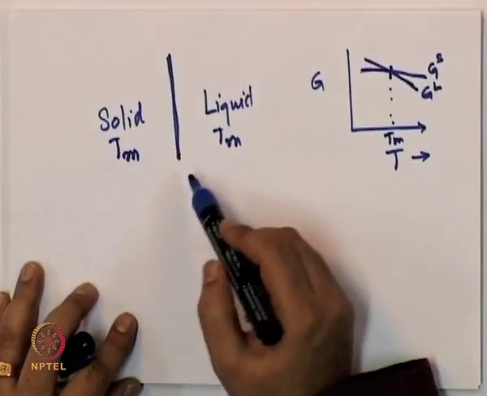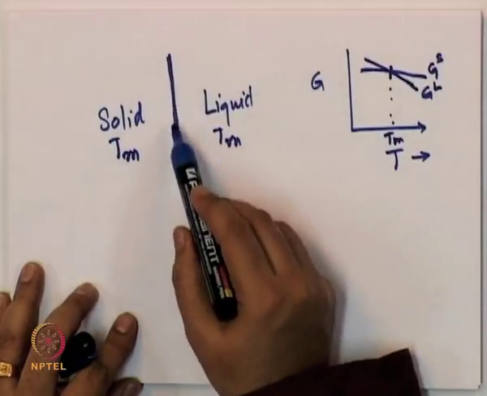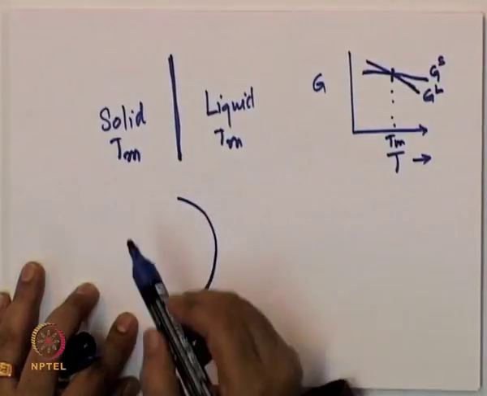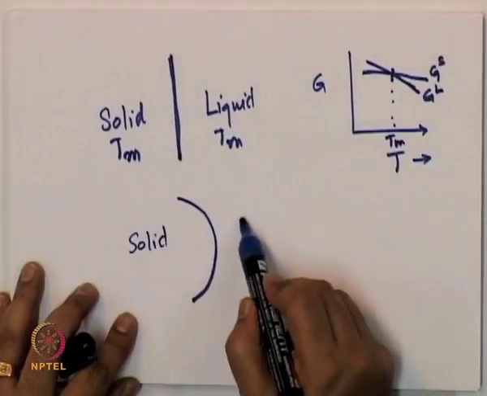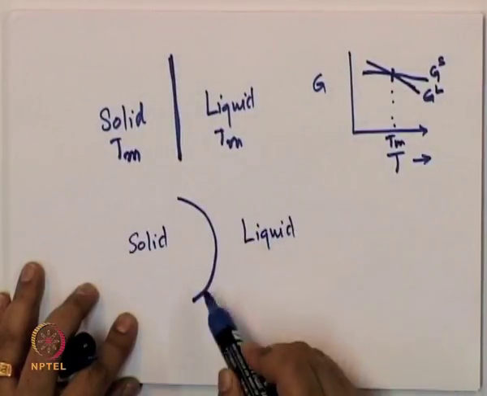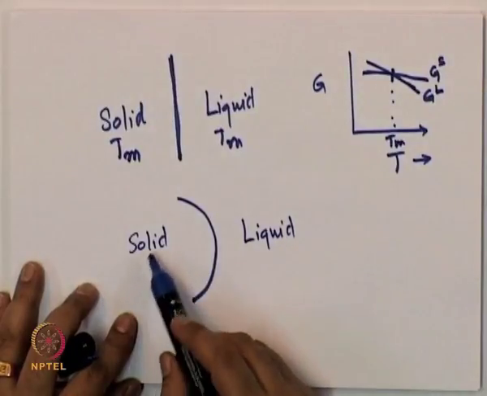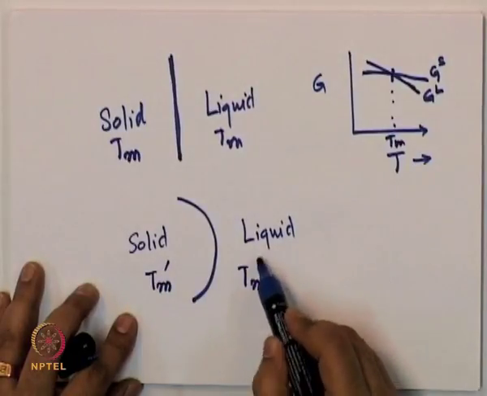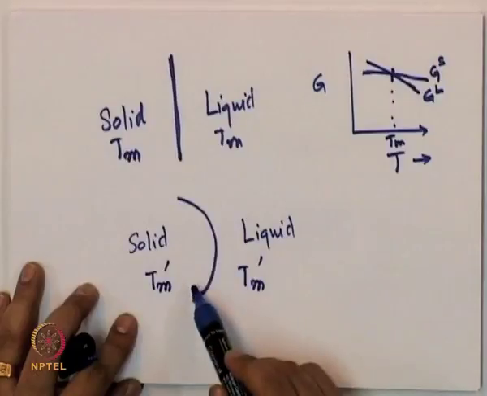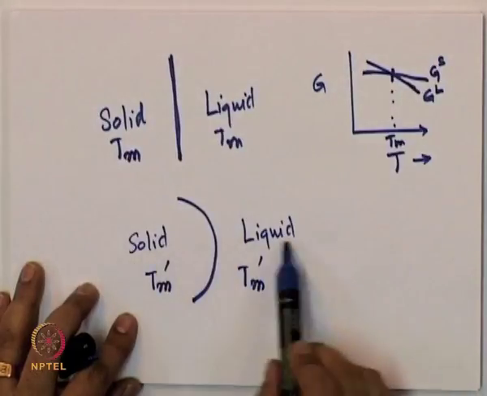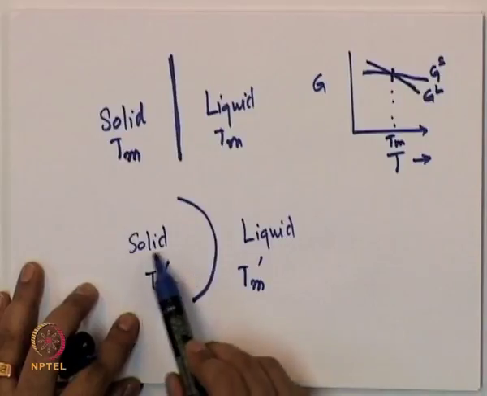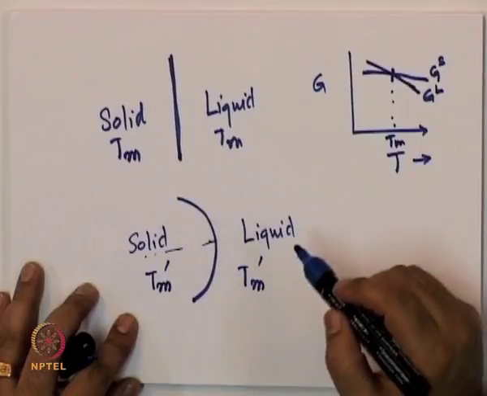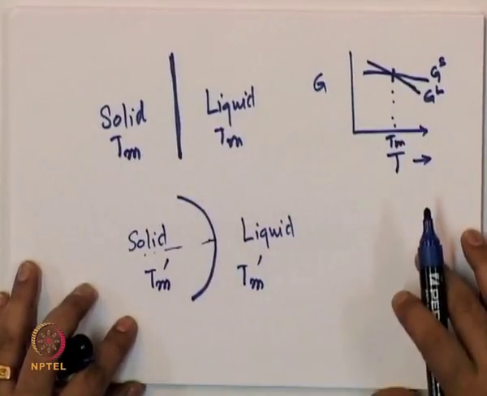However, the temperature at which this happens is different if the interface is, for example, curved. Suppose this solid and this liquid now, the temperature at which they will be at equilibrium is not the same temperature as this. Let us call this as some Tm prime. If you do not want this interface to move, the temperature at which the solid and liquid will be in equilibrium is basically determined by the curvature of this interface. Okay. Now, and this can be extended to other systems also.